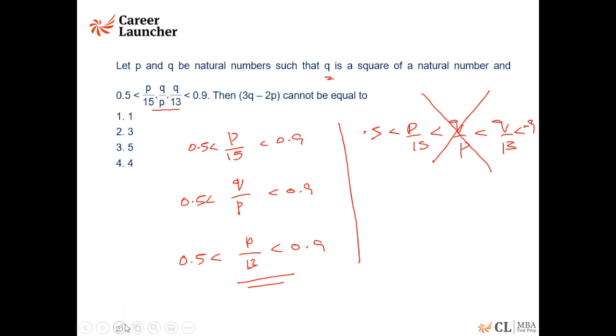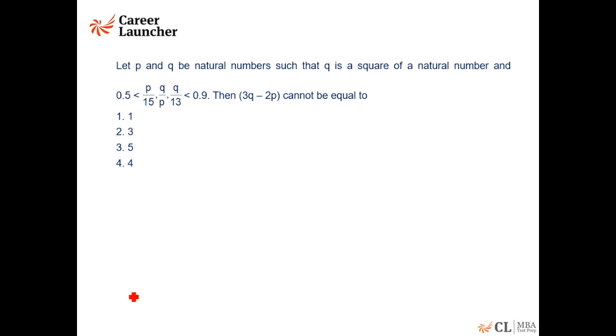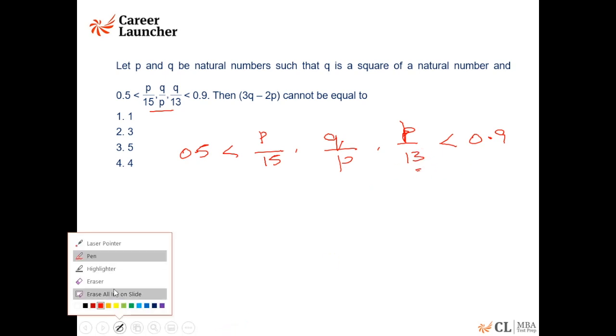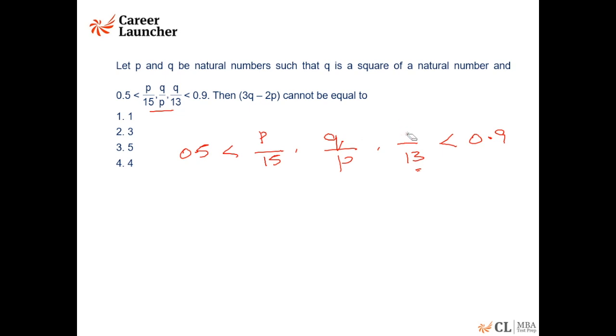Now let's look at solving the question. And here I will again be using the choices. Now it says Q is a square of a natural number. Let me write it down. P by 15, Q upon P, and P upon 13. This has to be less than 0.9, and this has to be greater than 0.5. Now the only squares of natural numbers which are less than 13, because Q by 13,